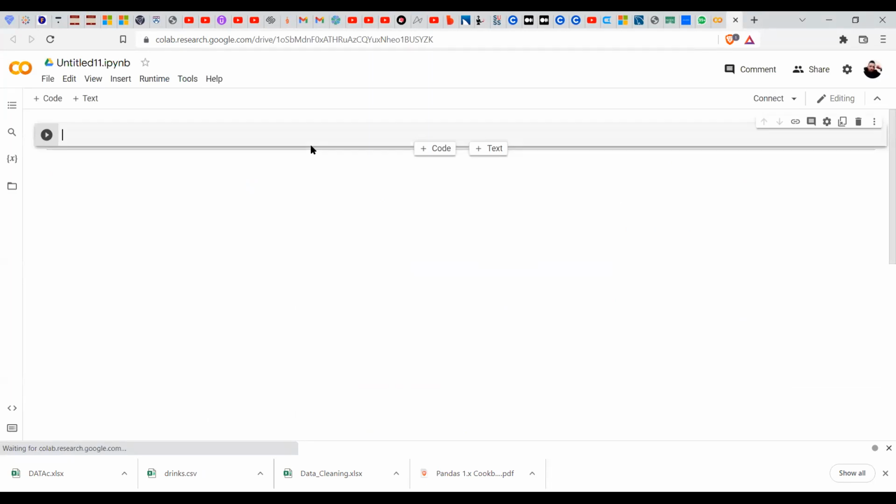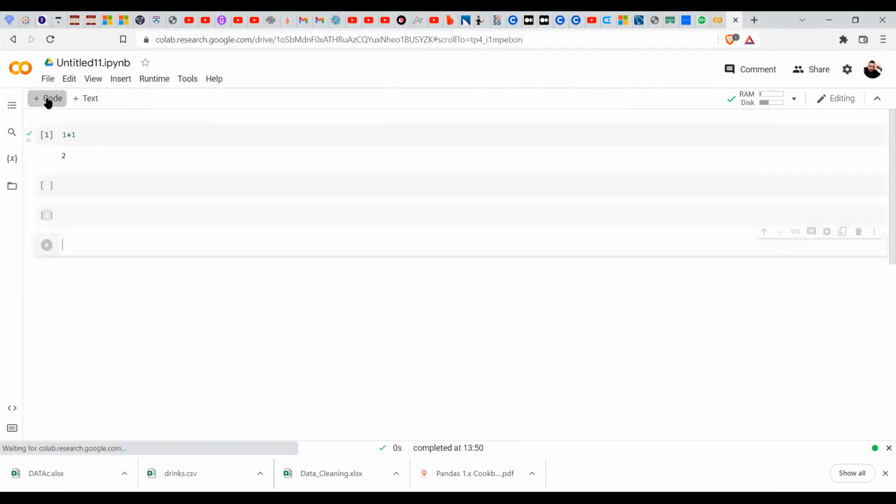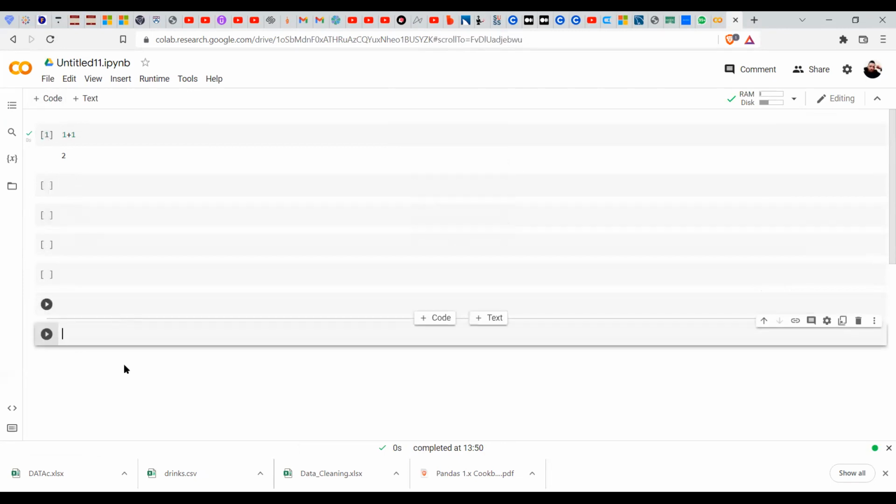This is only for those who have not installed it. Those who already have it, go and look for your own. If I click run here, you run 1 + 1. If it does not give me 2, then you know there's a problem. Can you see the code cell? I can be typing here. For those of us who have not seen your own, you can be following with this one. But let me go back to my normal one. All right, so let's continue now.